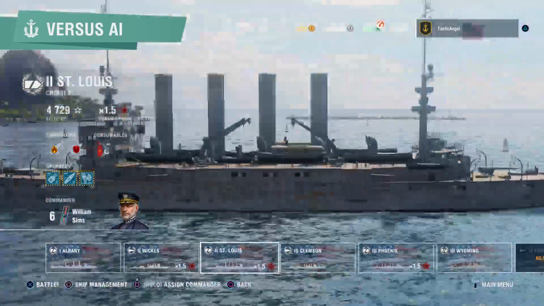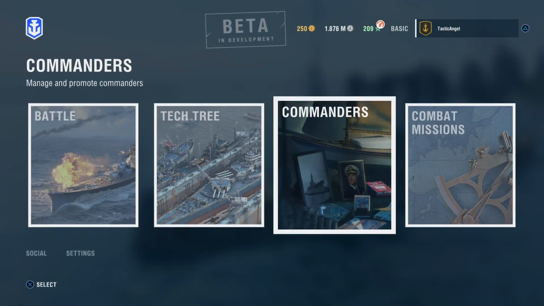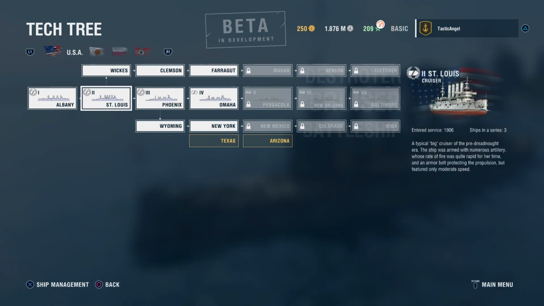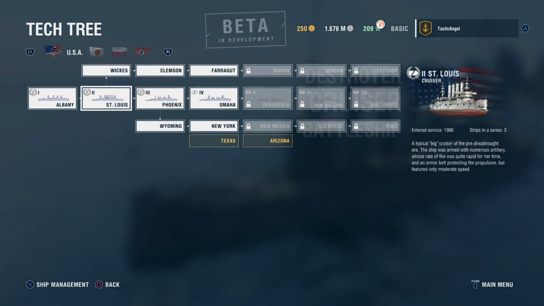So the first ship that you might get might be the St. Louis. Now, the reason why the St. Louis might be the first ship you get to fight other people with is because this is our tech tree. And so what you'll do is you'll fight in the Albany, and then you'll get enough experience to get into the St. Louis,